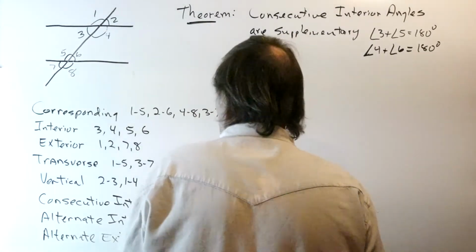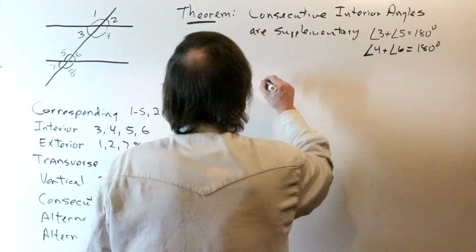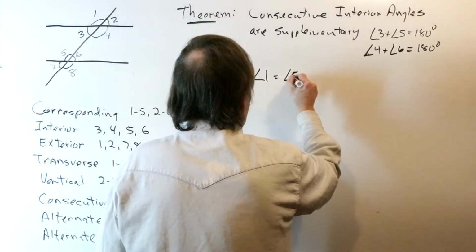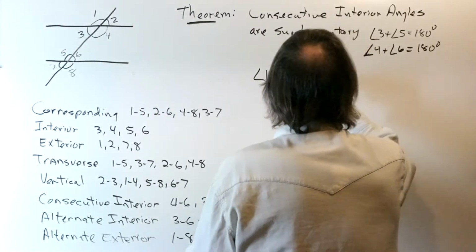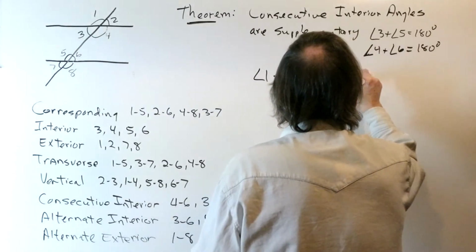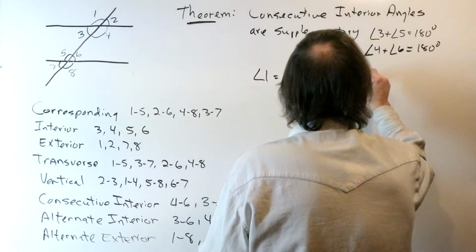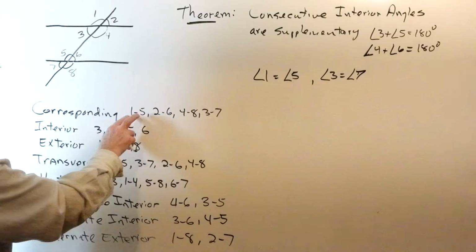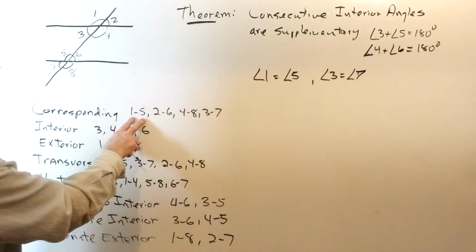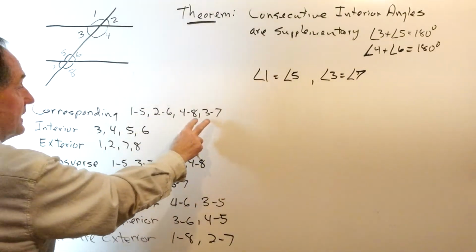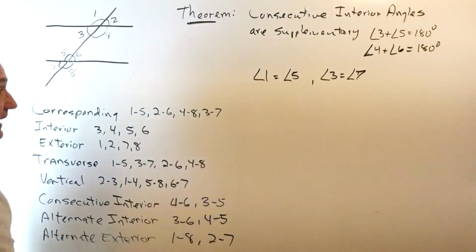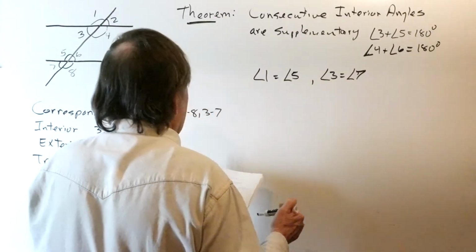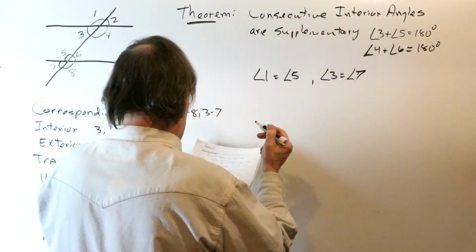from the definition of corresponding angles, we know that the measure of angle 1 is equal to the measure of angle 5, and the measure of angle 3 is equal to the measure of angle 7. That's the definition of corresponding angles. Angle pair 1 and 5 are congruent, have the same measure, and so do 3 and 7. Now, that being the case, if we sum angle 7